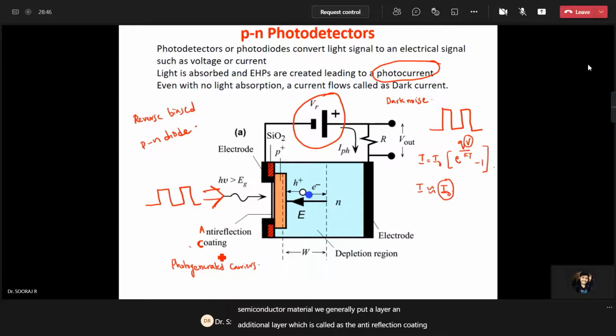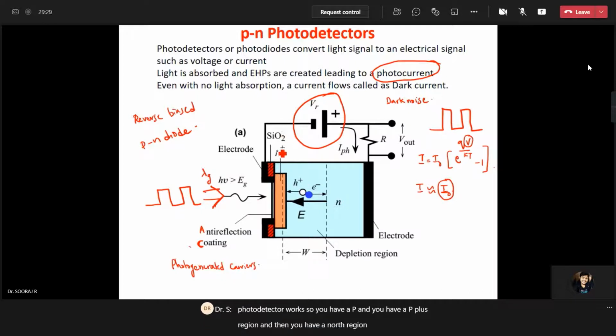This anti-reflection coating would ensure that the reflection for a particular wavelength, let's say lambda g, which you assume is the wavelength of light that is falling, is minimized. We would design this anti-reflection coating in such a way that the back reflection is minimized for lambda g. You don't want any photon to reflect back, because if it is reflected back, it's not going to be absorbed by the photodiode, and if it is not absorbed, then the output voltage also will be decreased. So this is how a normal PN diode photodetector works. You have a P plus region, and then you have an N region.